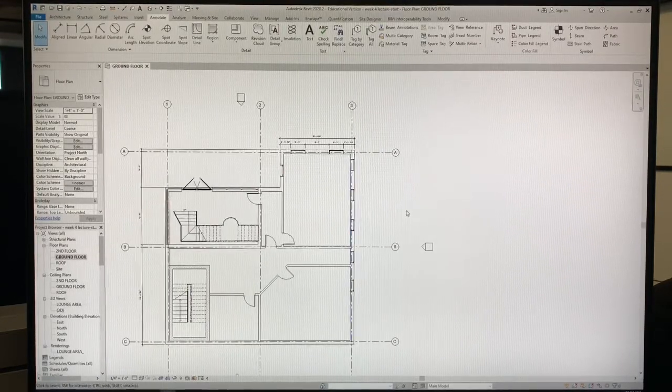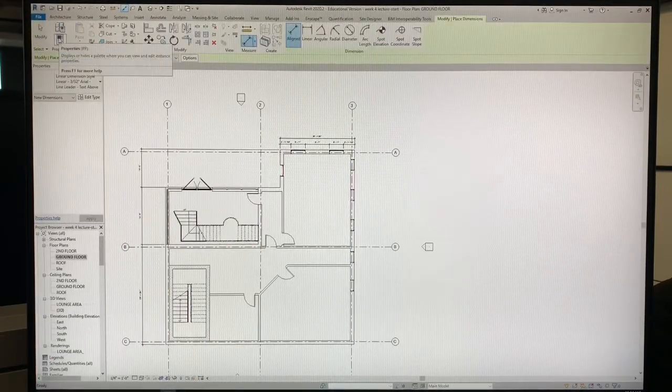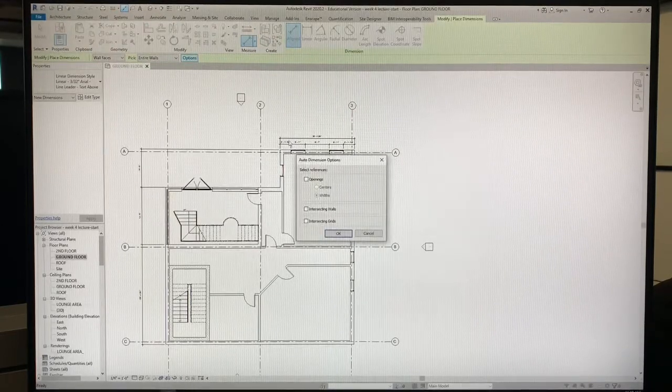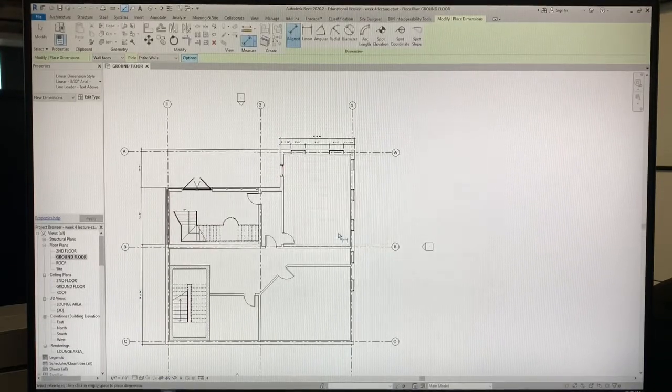Now, this wall here on the side, I'm going to do an entire wall, but I want all the openings. So again, align, entire wall, click on options, openings, widths of the openings, click OK, select the wall, and drop your dimension